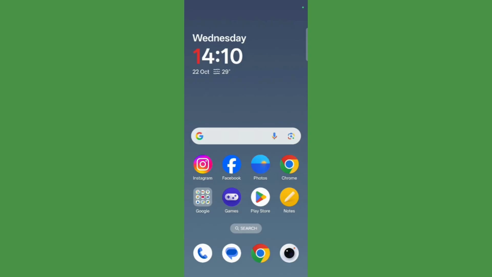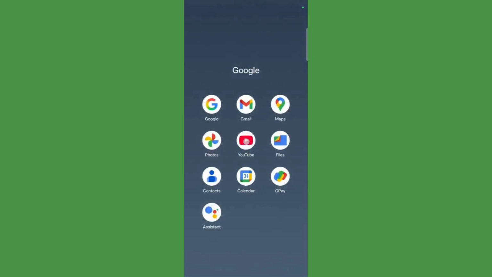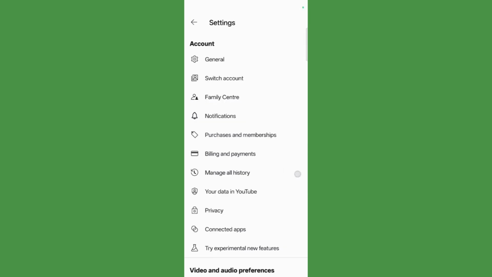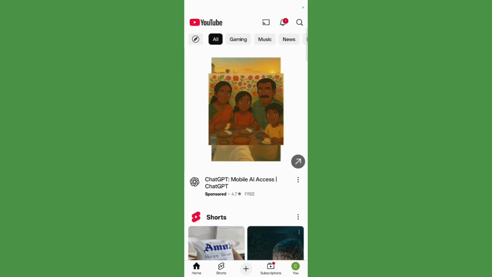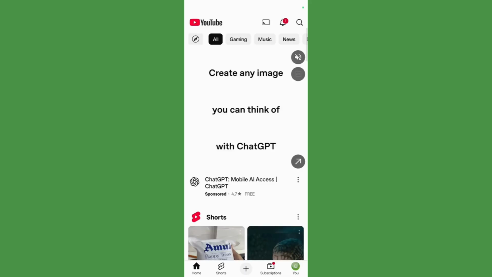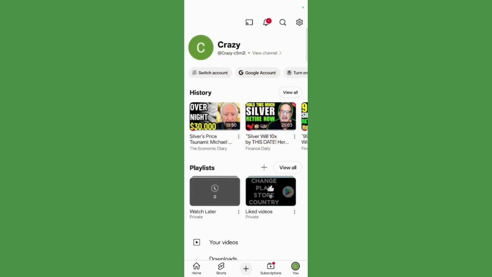So in order to start, the first thing that you will need to do is simply launch your YouTube application, and once you are inside the YouTube home page, you will need to click onto your profile icon at the bottom right. So once you are inside the profiles, you need to click onto the settings gear icon at the